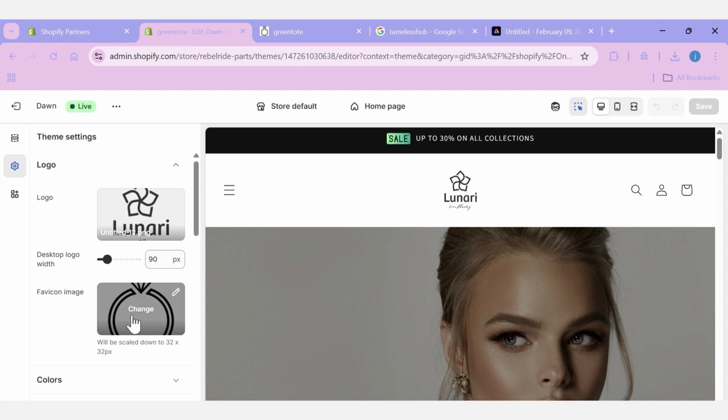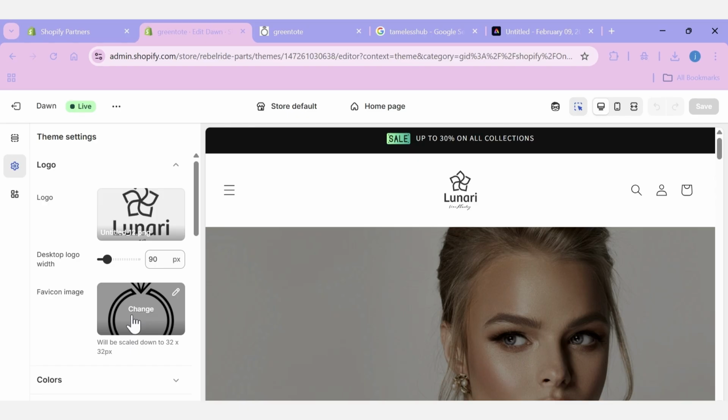A few tips for the image. If your logo is long or too detailed, I recommend making a simpler, eye-catching version specifically for the favicon. Make sure it stands out. Use contrast like white on black or black on pastel. The ideal size is 32 by 32. Very small, so keep it clear and bold.